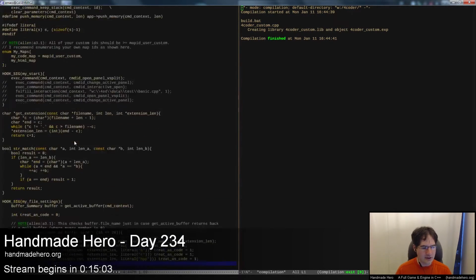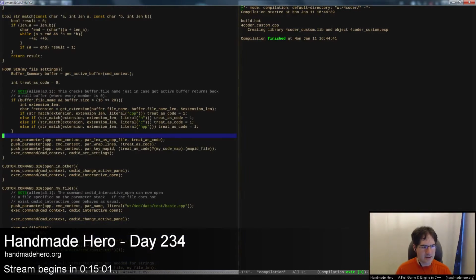Okay, so now I've got to make the key bindings work. I don't know what some of these things are. Some of these might be new. I don't know. So we have my file settings. It looks like this checks buffer file name just in case, get active buffer, buffer file, buffer size, extension len, get extension. Okay, so this looks like